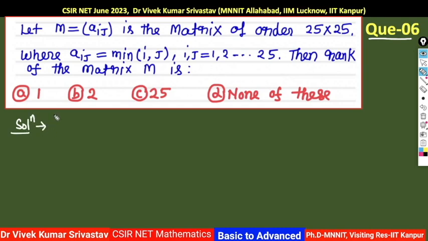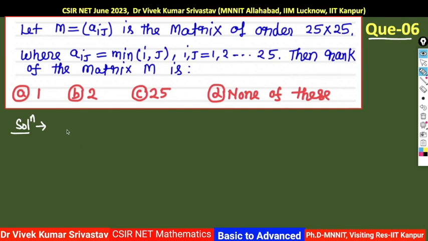Now what is our approach? Whether we go for the 25 cross 25 order matrix? No. Again I repeat, first try to take a simple matrix of order, start from 1 cross 1, and see what is the rank of the matrix. It is best, don't go for an n cross n matrix. It is very simple, you take 1 cross 1, 2 cross 2, and 3 cross 3, you will get a pattern, and based on this pattern you can tell what is the rank of this matrix M. So it is very clear.